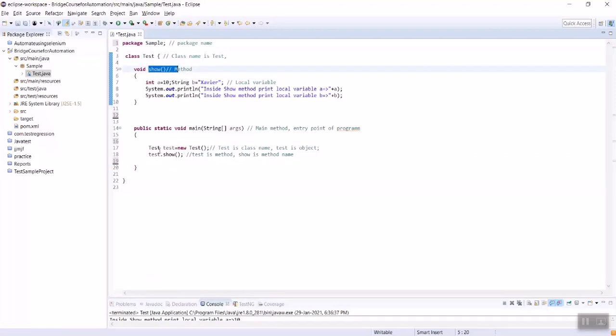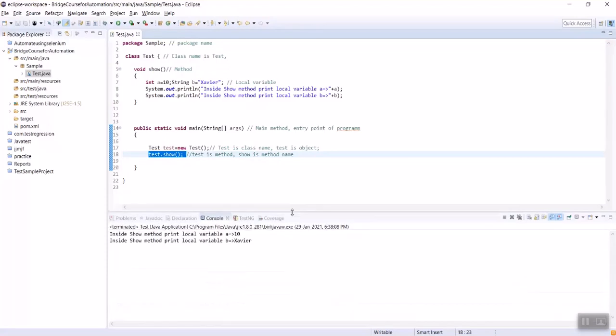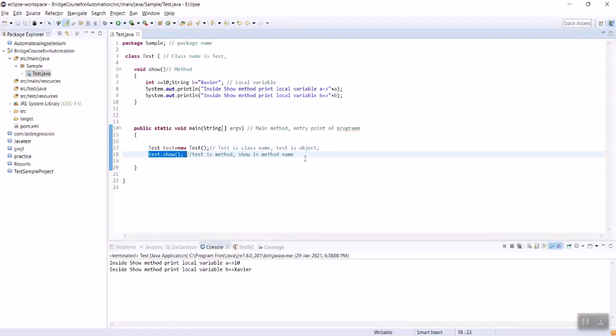Then we'll be having only one method. So test.show we will be having. Okay, let's check whether it's running correctly or not. Yes, it's running correctly.